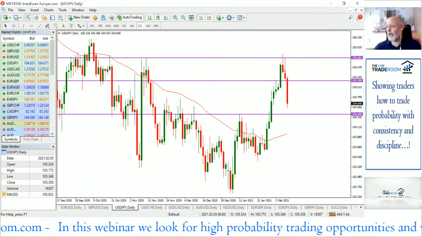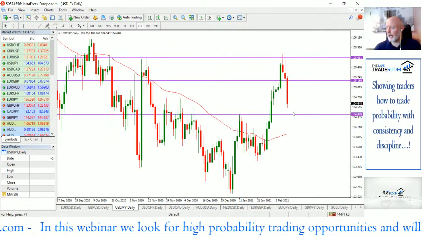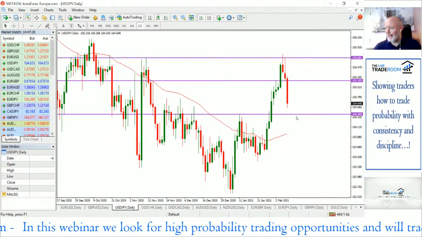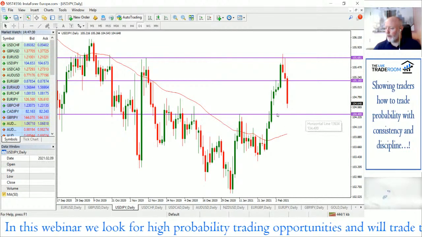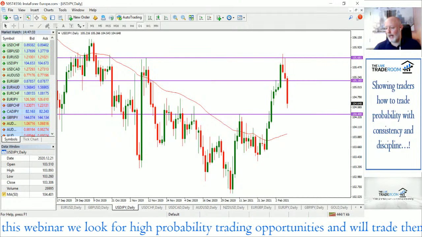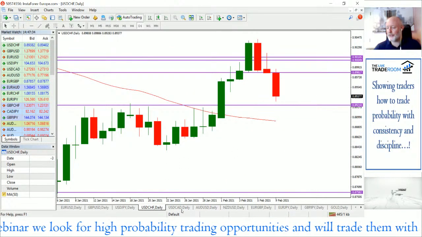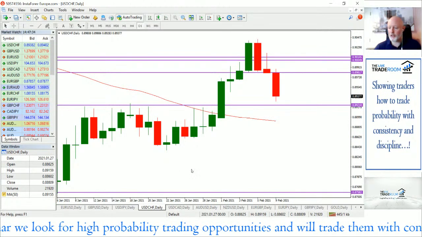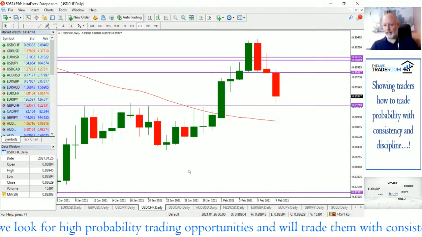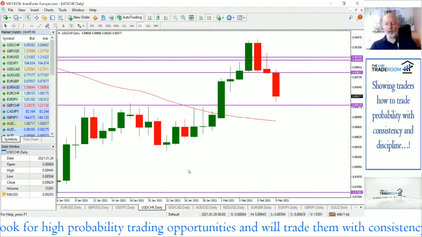So the dollar yen is just rolling back off the highs. We'd like to get into this market around the 104.40 level, and again, it may be a case of we look for that trade tomorrow. It may be a case of tomorrow we'll start to see some dollar strength. You see, at every particular point in time,